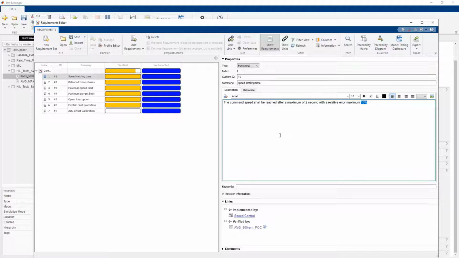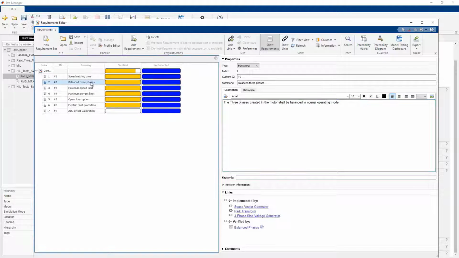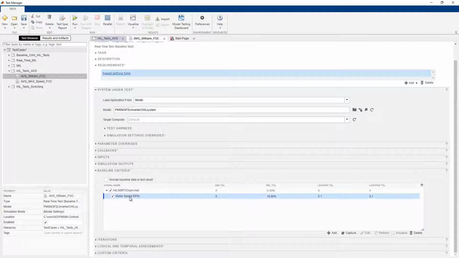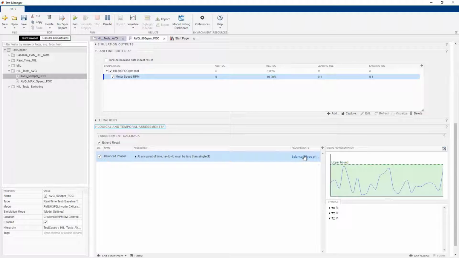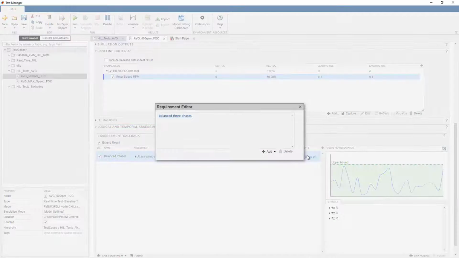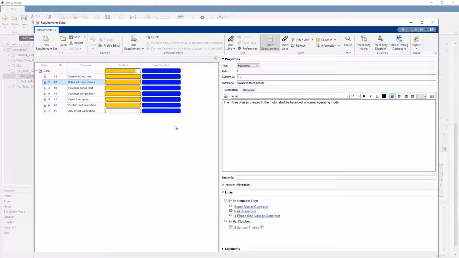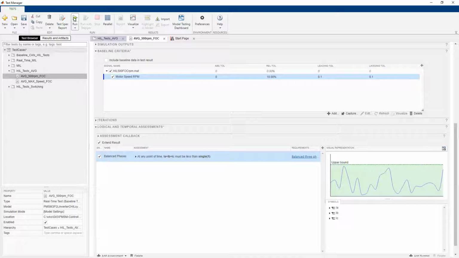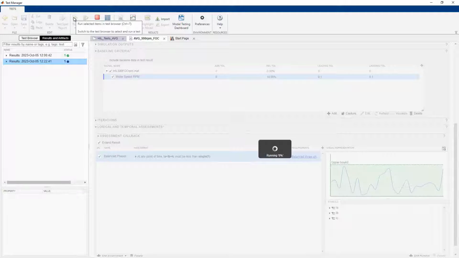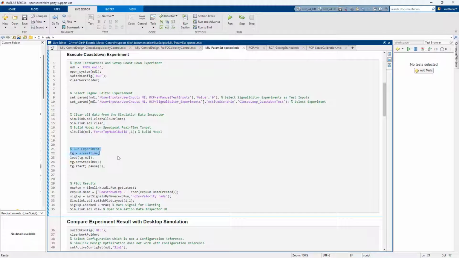We have also linked the balanced three-phase requirement to this test, and it will be verified with a logical assessment. Now let's run this test directly from the Test Manager. Tests can also be scripted using MATLAB scripts or built into the model to run on the target without Simulink.